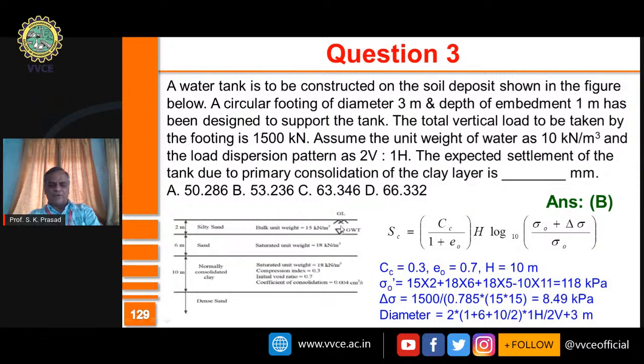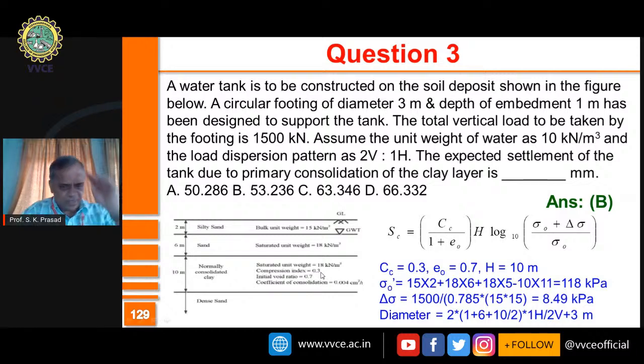You see that groundwater table is here. So only the clay here for a thickness of 10 meters is likely to settle. It is in saturated condition, normally consolidated. If it were to be over consolidated, settlement would have been less. And then you have dense sand below, which is also not going to settle under consolidation. So only the third layer is likely to experience consolidation, and you need the data for that.